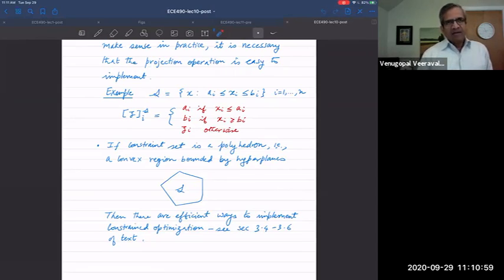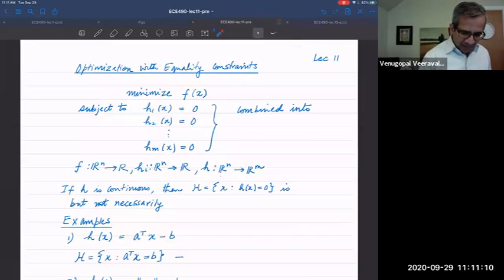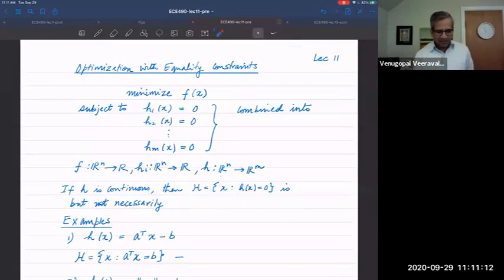I said there are other methods that one can use to solve constraint optimization problems when the constraints have a certain form, and that's what we're going to start studying today. Okay, so this is optimization with equality constraints. That's today's topic. All right,